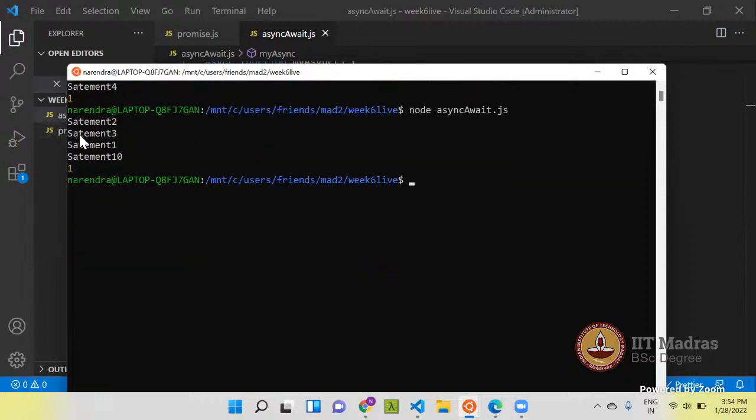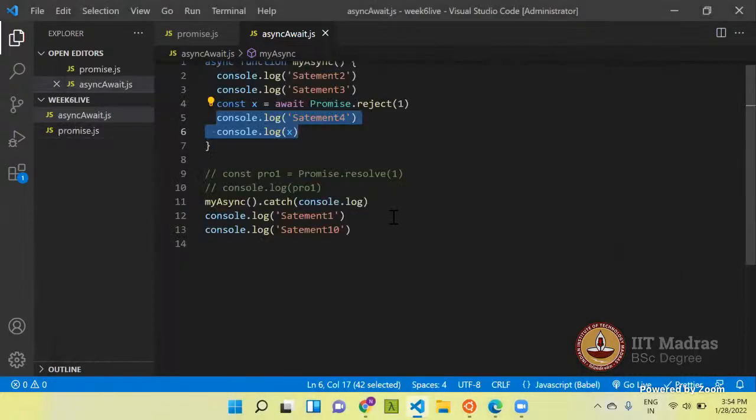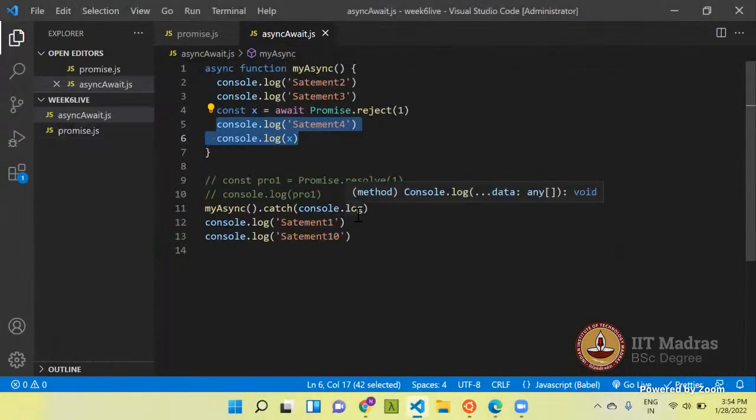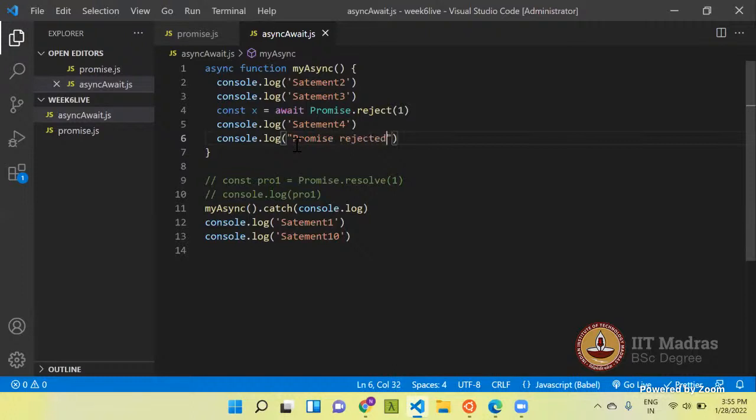You see statement 2, 3, statement 1, 10, and after that 1, and the 1 is from this catch statement. It's not from here. Let me do one thing. Promise rejected.